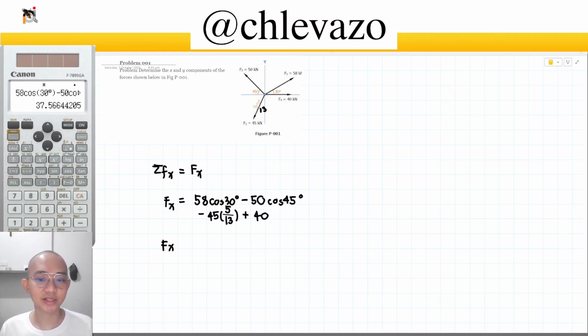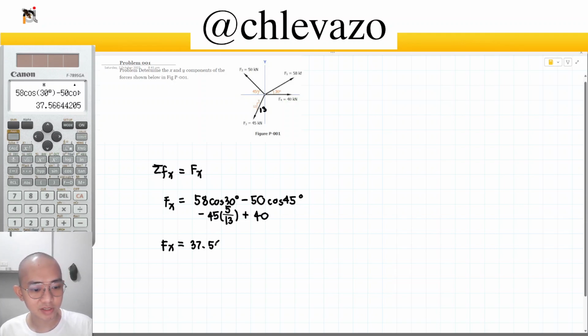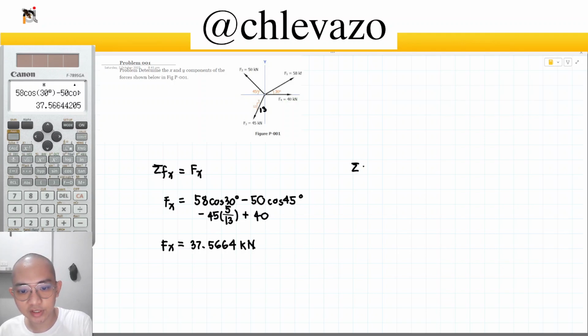And the answer would be 37.5664. So, that is the x component, 37.5664 kilonewtons. Okay, and then if we're going to get the value of summation of forces y, makukuha natin is